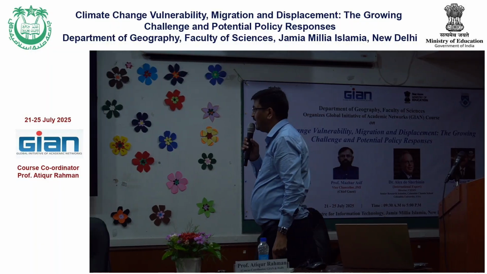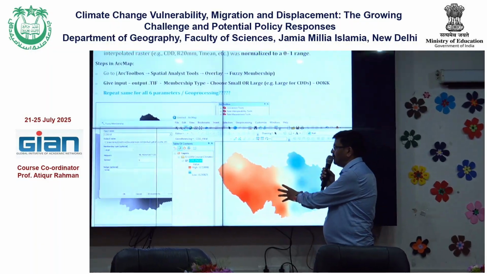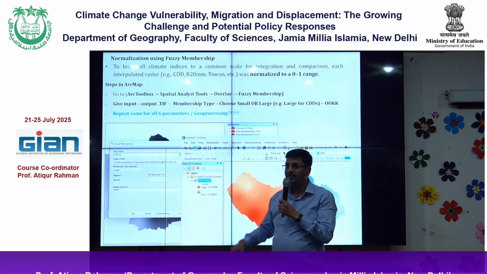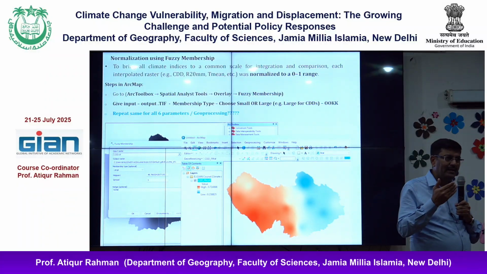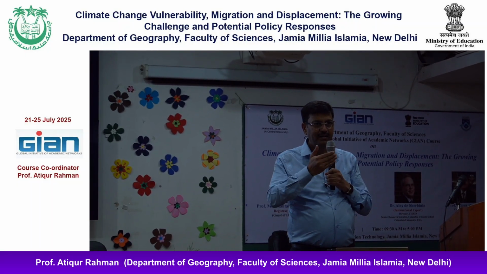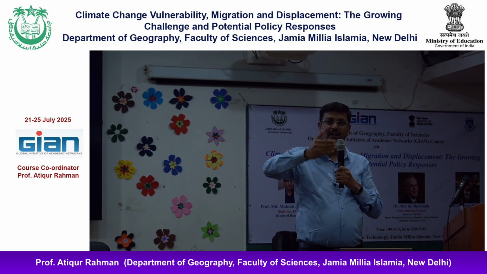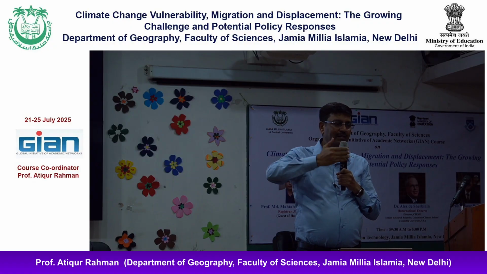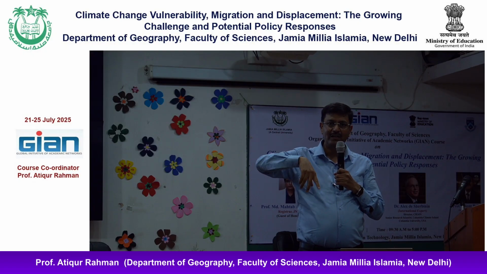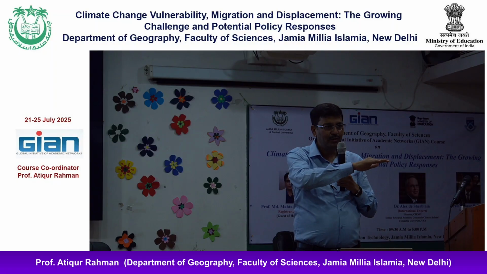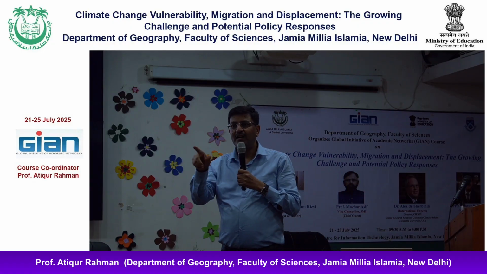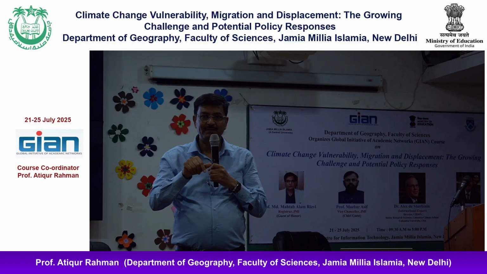Then after interpolation, you get this kind of map where the consecutive dry days values vary from 0.2 to 0.7. Before that we interpolate. After interpolation we go for fuzzy membership, because when you interpolate there will be a wide range of values, with temperature in some unit and precipitation in a different unit, right? As you have seen, something in degrees, something in percentage. So you need to convert into a uniform platform. Unless you convert into a uniform platform, you cannot draw any meaningful information.